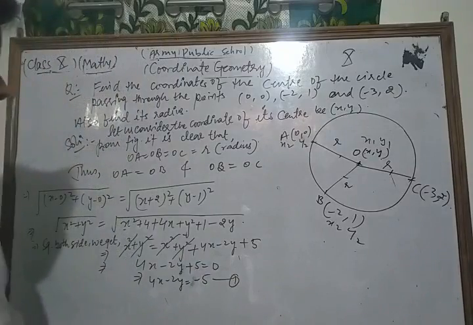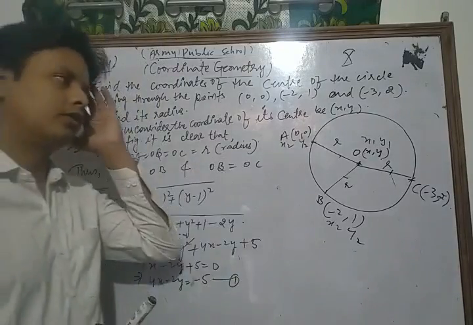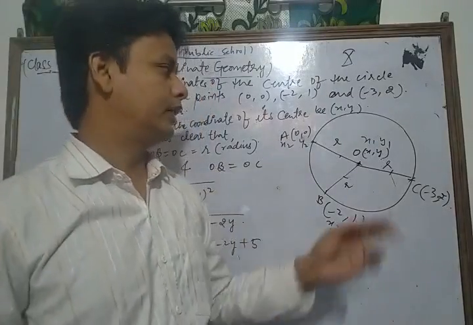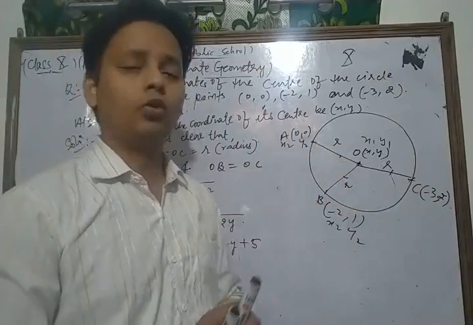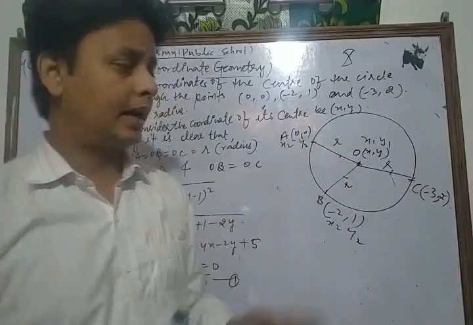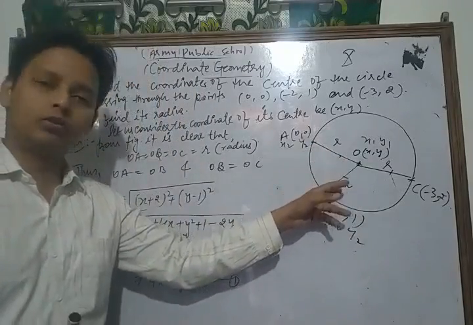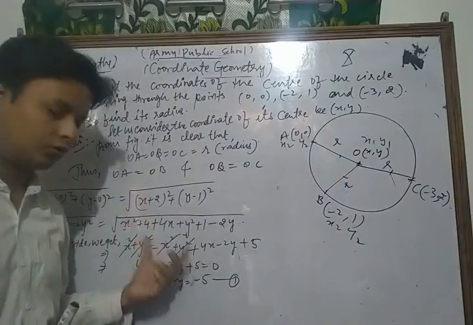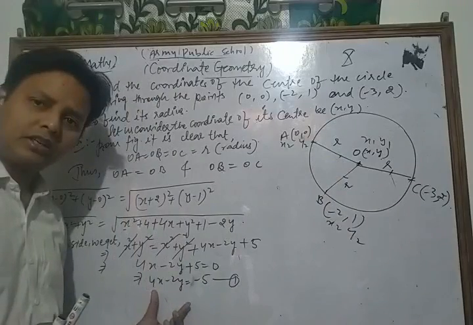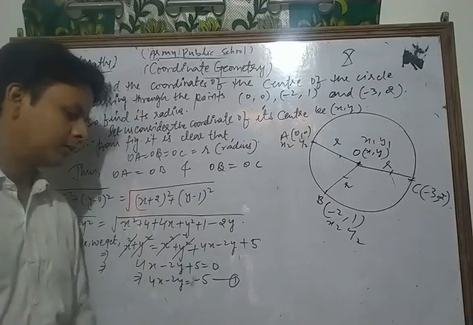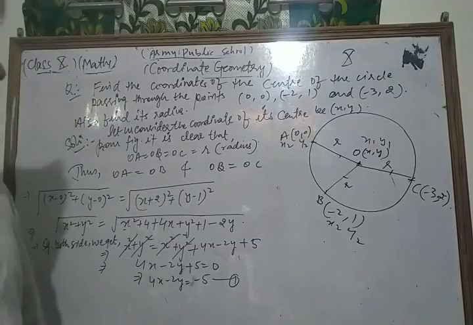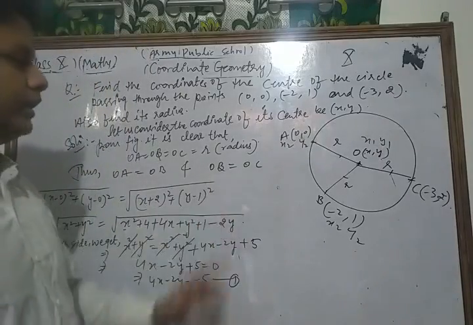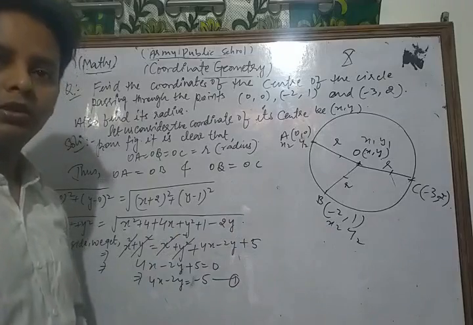So dear student, what I do for that question, first of all, you know that the radius of the circle will be same always. So we take OA is equal to OB, and after taking the distance OA is equal to OB, because of h equal to r, and we simplify them in this way, so we get a very important relationship between them as 4x minus 2y is equal to minus 5.